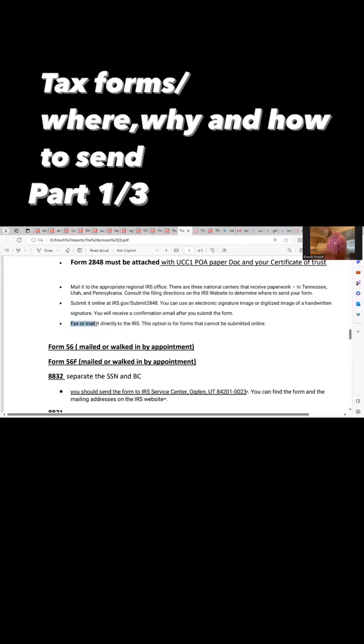So the 2848 is just like the 231, it shows you where to mail it. The power of attorney can be faxed. You guys can find a fax number, or it can be mailed directly to the IRS. If you're a person, fax is good. Certified mail, registered mail is great. I encourage